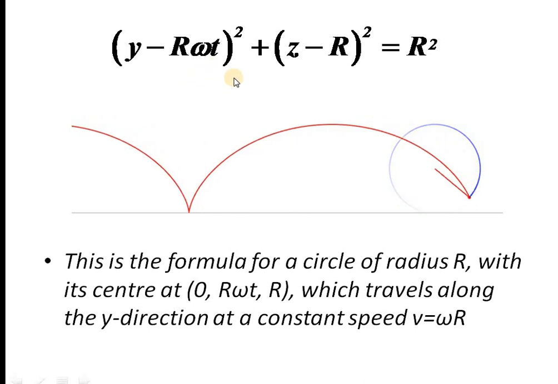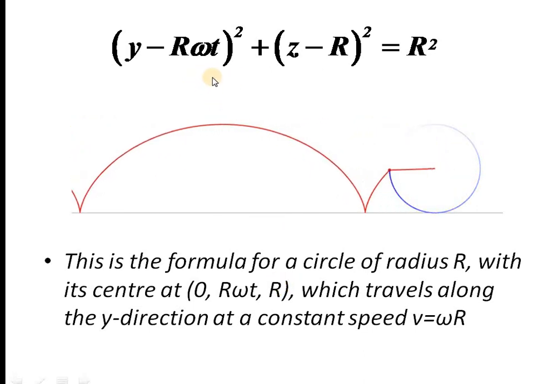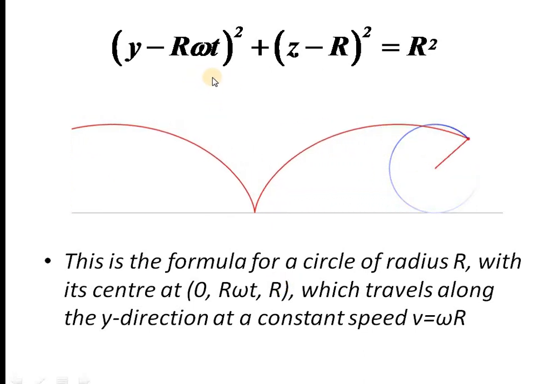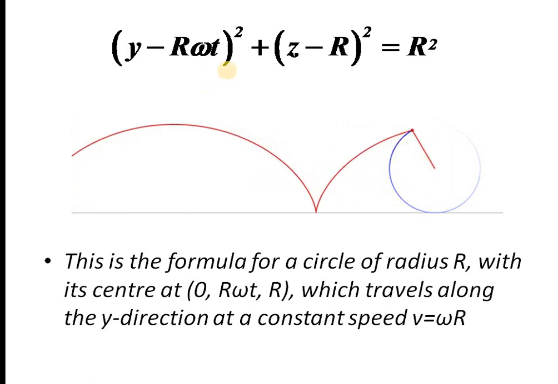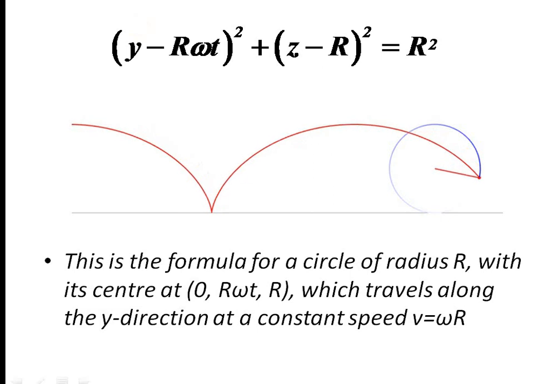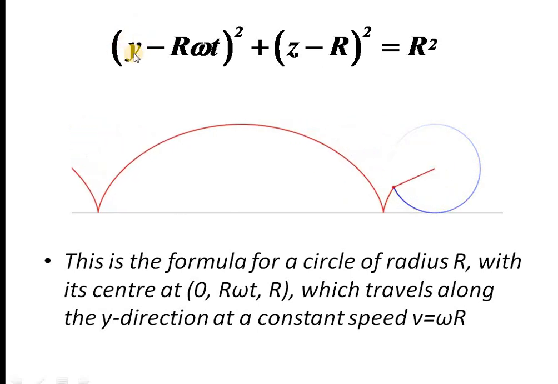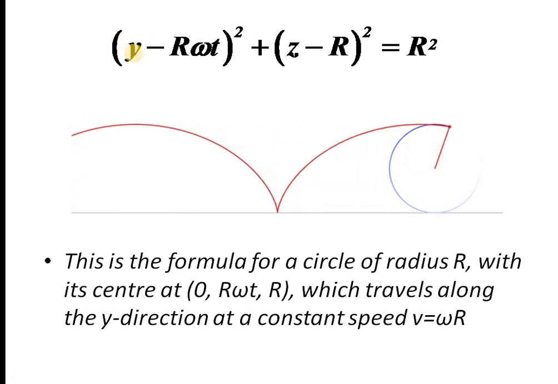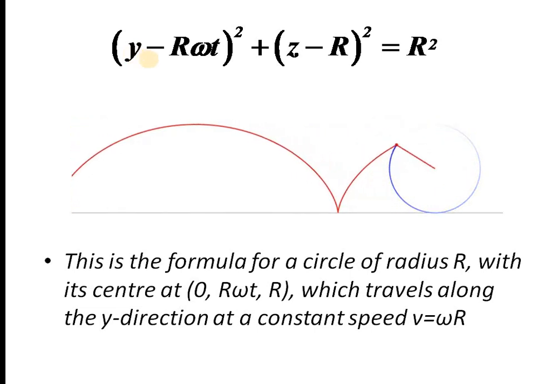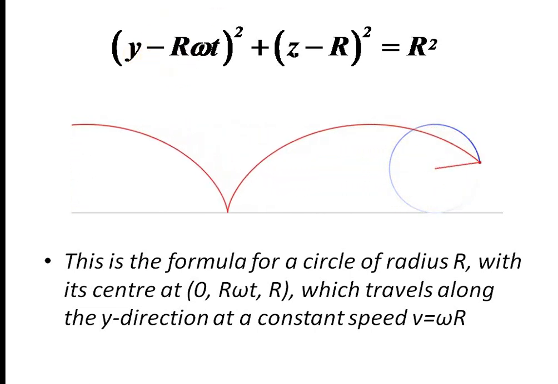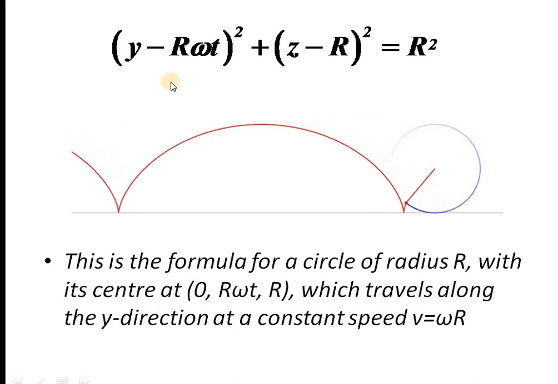Okay, then it simply shows that when a particle is placed in a mutually perpendicular electric and magnetic field, the particle tends to move in a cycloidal path. And this is the equation we already wrote at the beginning, the standard mathematical equation for a cycloid, and this is very similar to that.